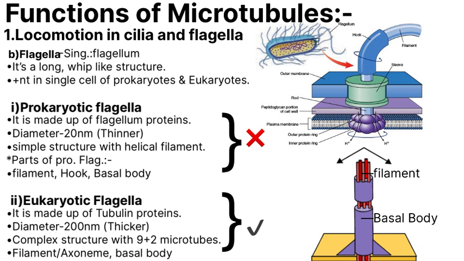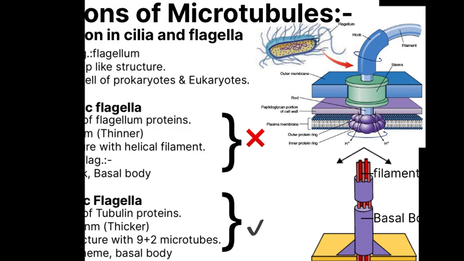Then we have the basal body. It anchors in the plasma membrane or in the cell wall if there is any, and it acts as a rotatory motor which is powered by the proton motive force (PMF) from the H+ gradient or the sodium or potassium ions across the membrane. The basal body is the actual part that spins the filament in either the clockwise or the counterclockwise direction. This rotation moves the bacterium forward and enables it to change its direction as well.